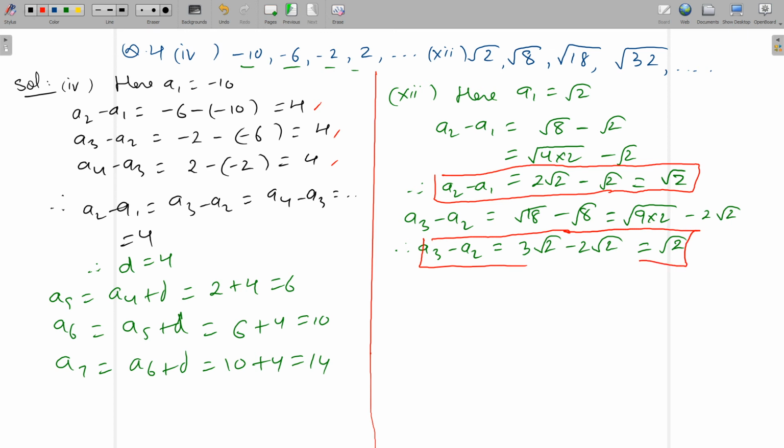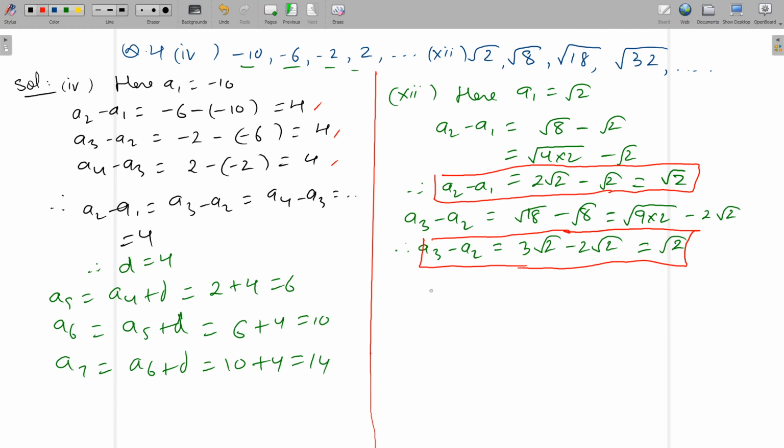But we have not to stop here because we are not till the end. The number which is given to us is not the last one, but is visible to us. For the remaining ones, we have to suppose that the same pattern is going on. So the number which is visible to us is root 32, so we'll do till root 32.